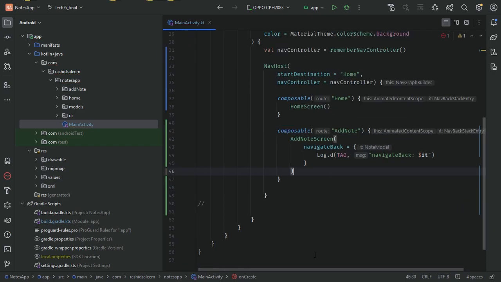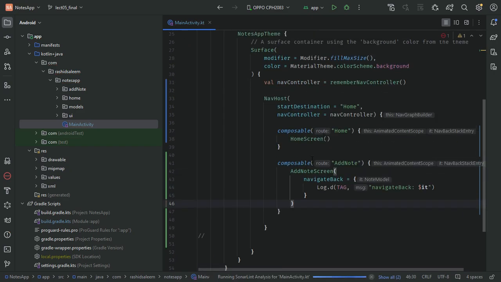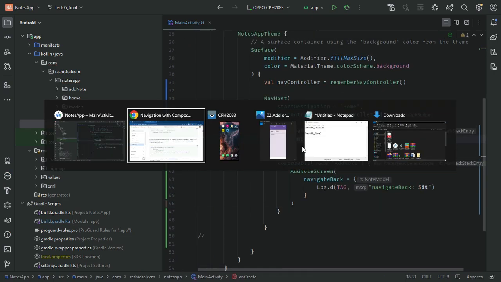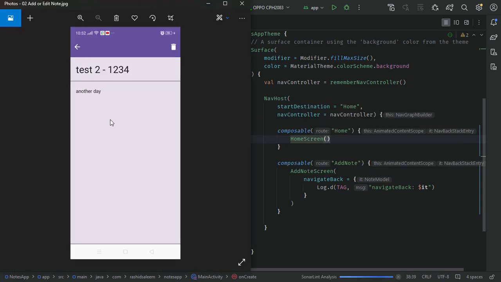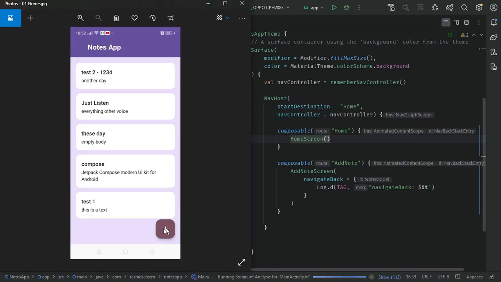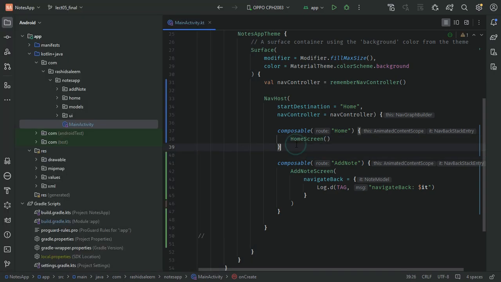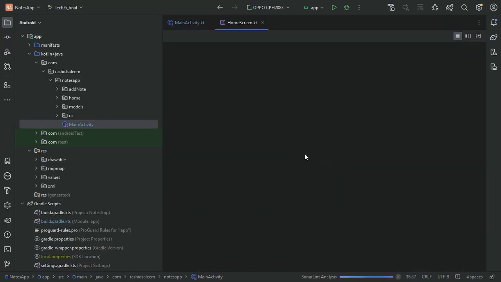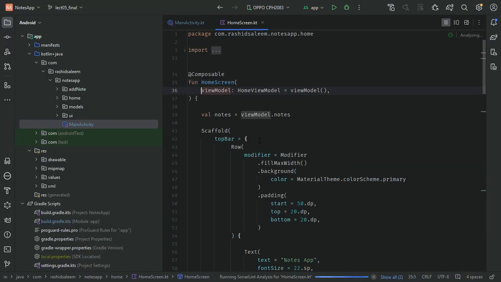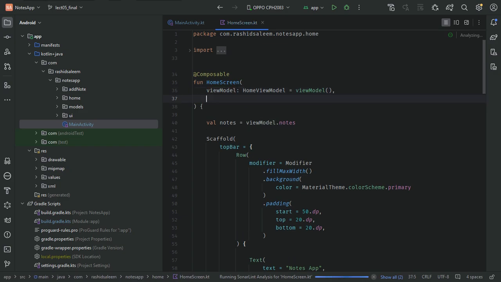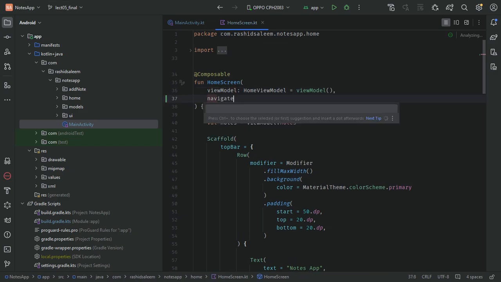Okay, and the next is whenever the user taps on this button we want the user to navigate to this screen. So for that we will go to our home screen, create a function here, navigateNext, which contains a route, and